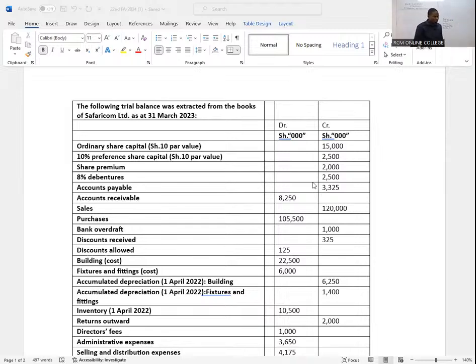For example, can you look at what we have? Our purchases. Look at our account receivable. That is an asset. So they are on the debit side. And then we have liabilities, we have equity, and revenue or sales. These fall under what? They fall under credit. They are credited. For example, if you look at our sales there, our sales is credited.